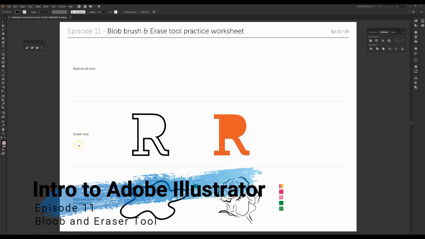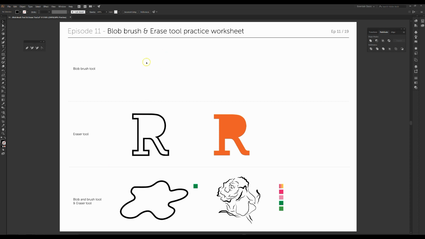Okay, today we're going to look at the Blob Brush and the Eraser tool. Now you guys have worked with the pen tool, the pencil tool, and the brush tool. So now we're going to look at the Blob Brush tool. The Blob Brush tool is actually underneath your paintbrush tool. If you click and hold on your paintbrush tool, it'll open up this window and the Blob Brush tool